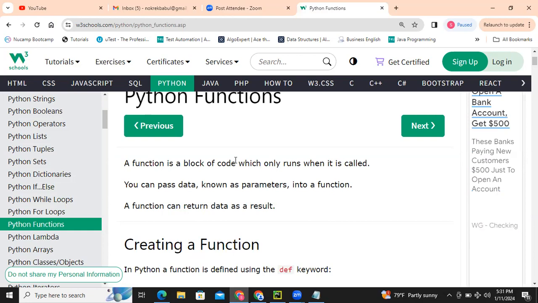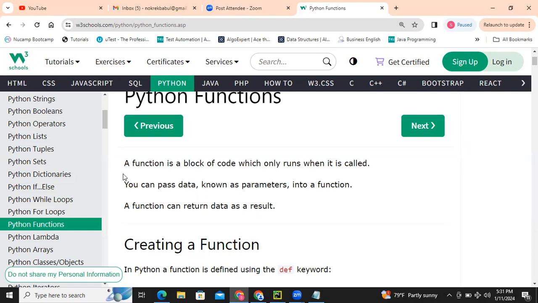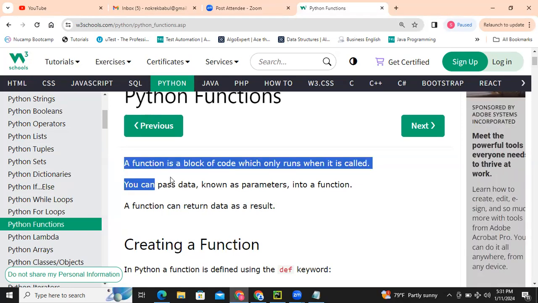You have to call by the name of the function. Okay. You can pass data, and these data are known as parameters, into a function. And a function can return data as a result. Okay.